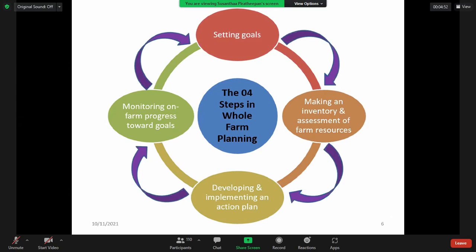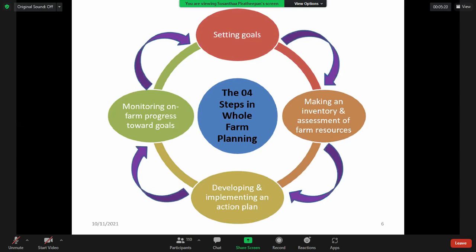It means you are checking day by day by keeping the old records, history sheets or farm stock records. According to the records, you consider whether those action plans are suitable for your goals or not. So that is the fourth major step. These are the 4 major steps involved in farm planning.